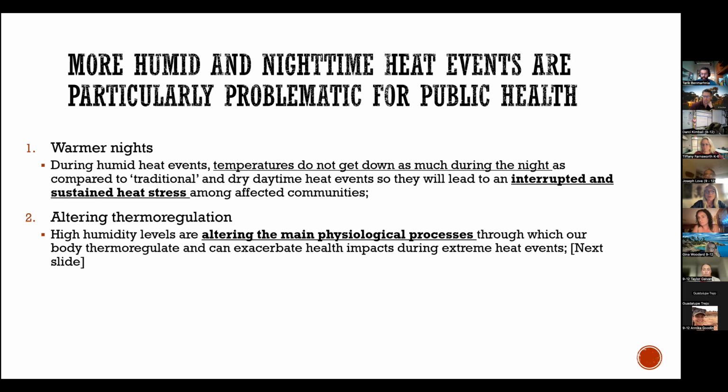So that's exactly the one reason for which humidity is a problem, because it may alter the physiological processes. And then in the next slide, I will describe specifically what is going on. Just a side note, to talk about something that is a little bit counterintuitive. You may have seen that in some of the recommendations, and maybe you were intrigued about why, because it's very counterintuitive, is that we don't usually recommend